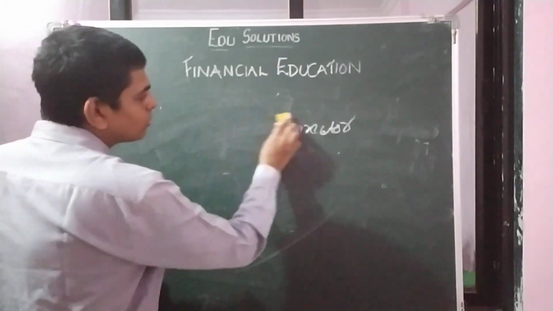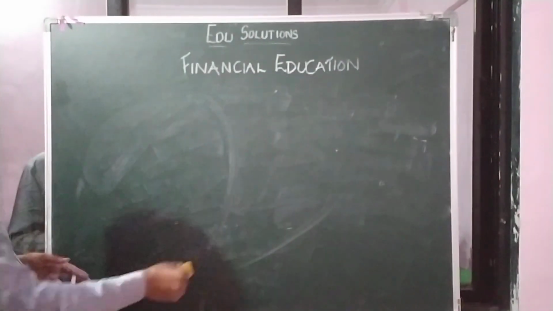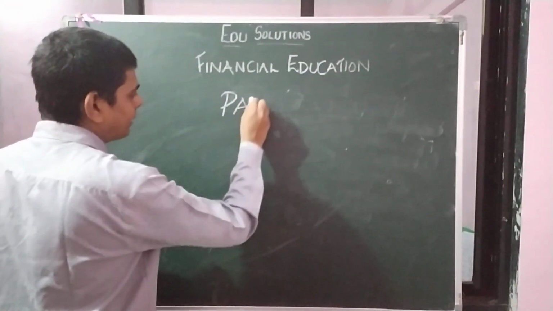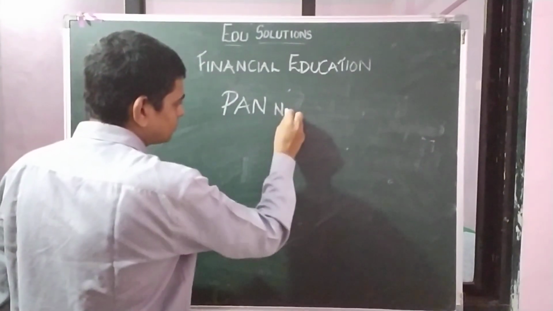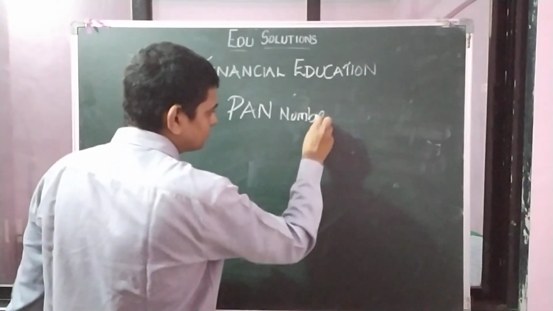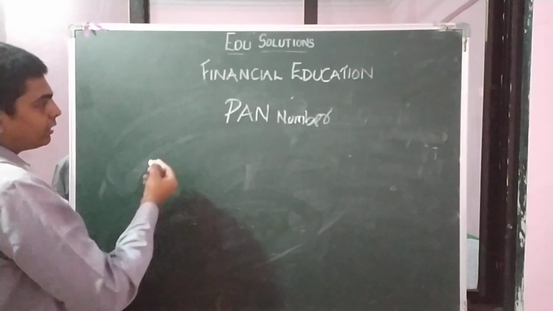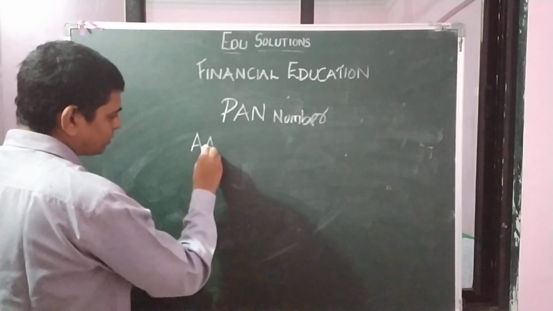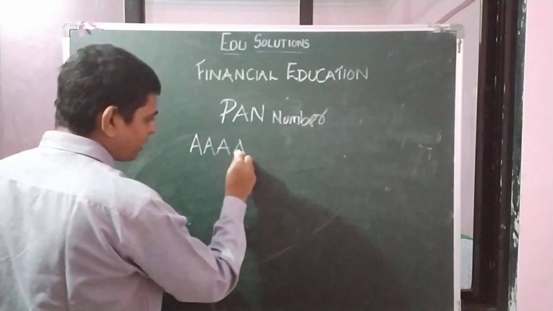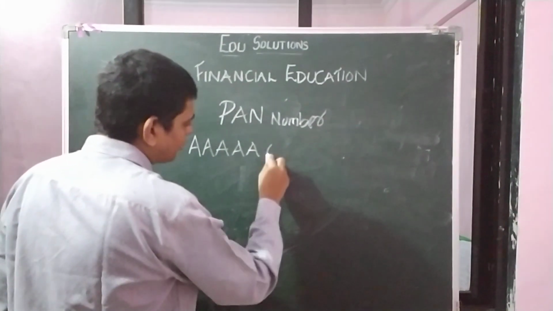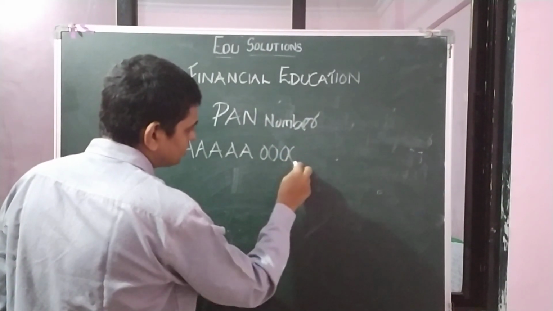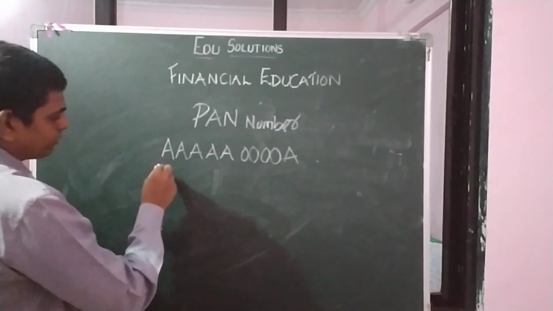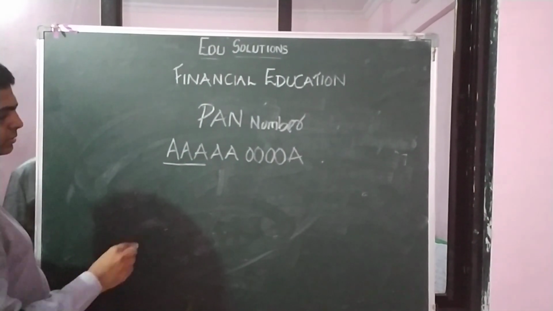Now let's move on to the PAN number, the secret behind the PAN number. So let's see what's behind the PAN number. As I said in the GSTN, the PAN number is 10 characters. The first 5 are alphabets, then 4 digits, then again an alphabet. Let's decode this. The first 3 alphabets are